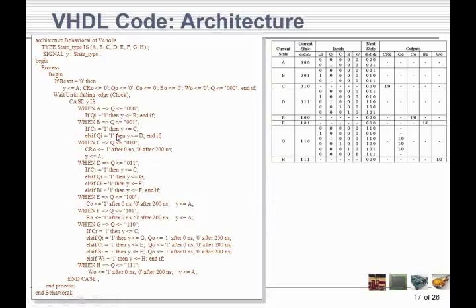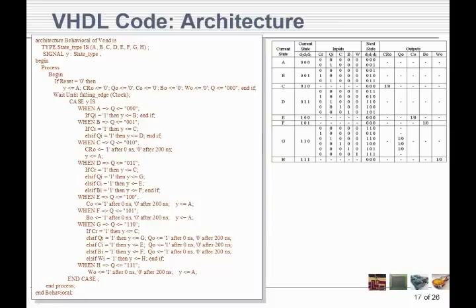Anyway, if I'm in state B, this is my code. Q is 001, all the variables. If I hit a coin return, then I'm going to go to C. Else, if I hit a quarter in, then I'm going to go to D, and then end if. So that's all I've said. For C, if I'm in C, Q is going to be 010. That shows it right there. It doesn't look at any